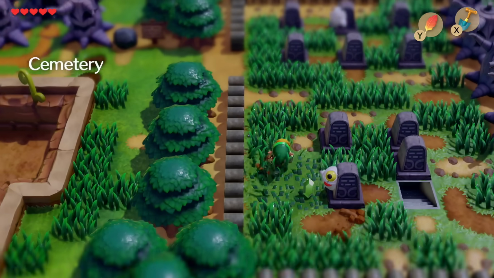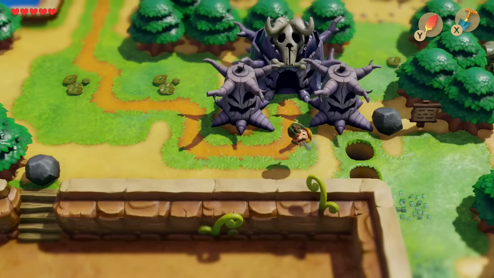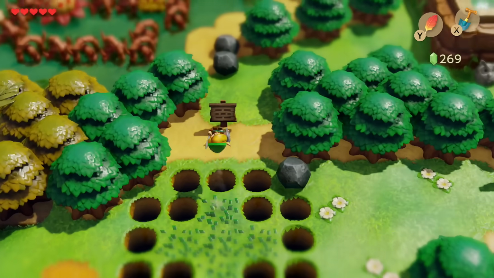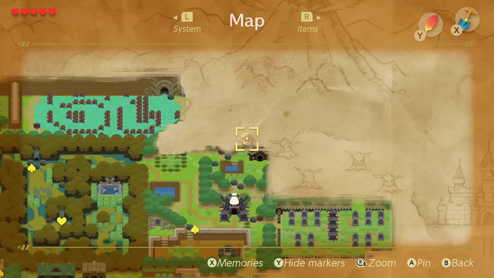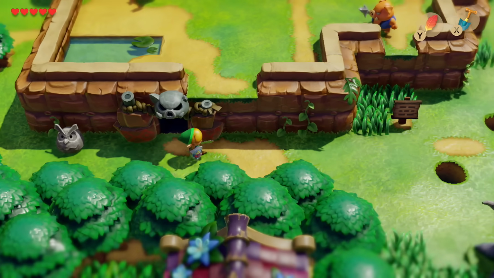Again, avoid touching any of the gravestones, and not being able to progress any more south or north. Now we're going to backtrack to where we just got that piece of heart, and if we head north, there's a sign here to Tal Tal Heights, but that's not actually where we're going. We're going to head over here, and this overhang is our next destination, but if we want to, we can walk over here, and this is